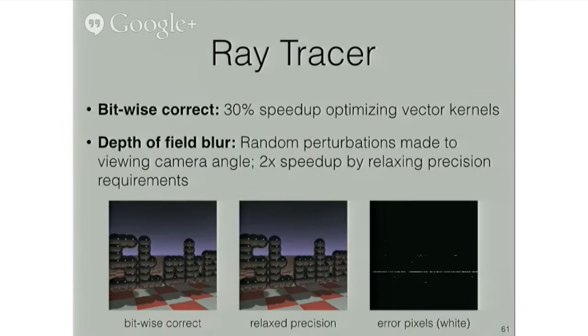And although this code doesn't exactly obey the floating point semantics which were originally specified, the results are almost completely imperceptible. On the right here, I've shown a few pixels highlighted in white that disagree between the 2 images. And I would argue that had I not shown that to you, I don't think you could tell the difference between the 2.